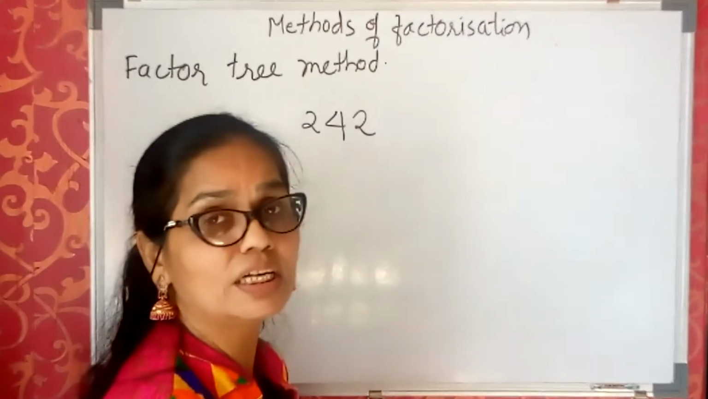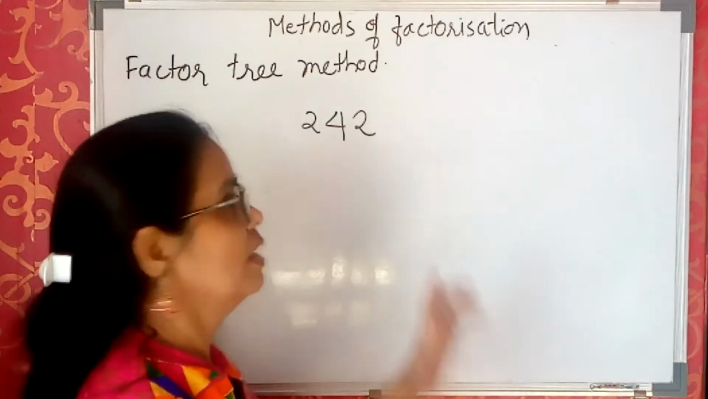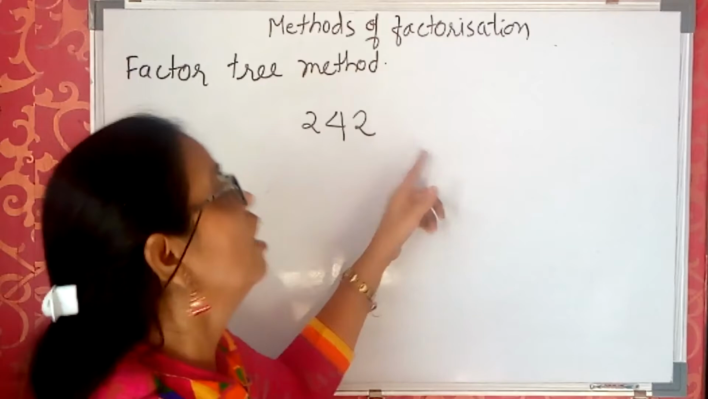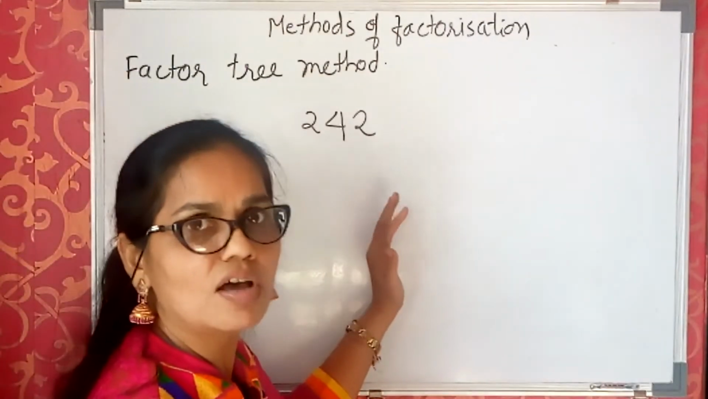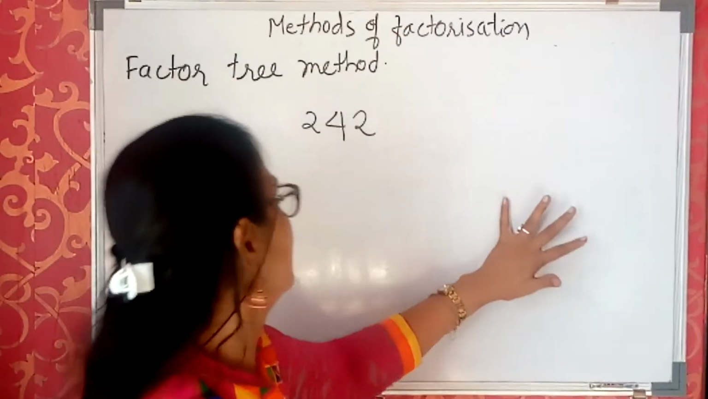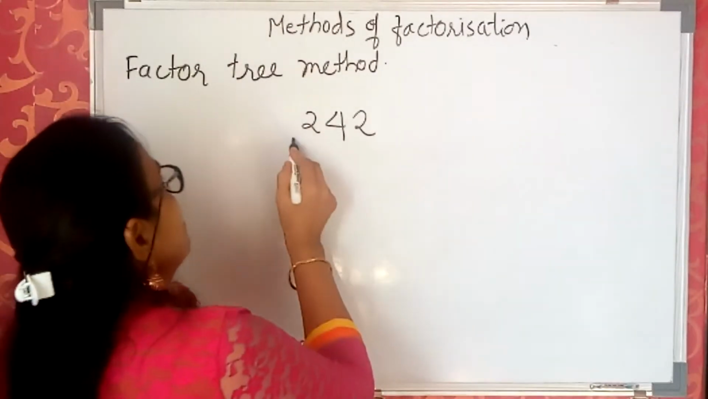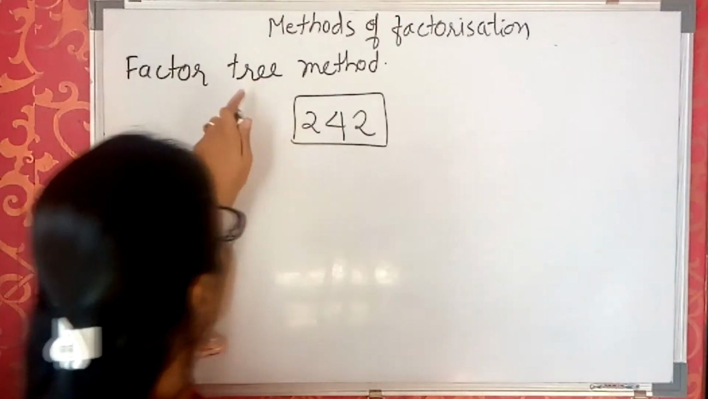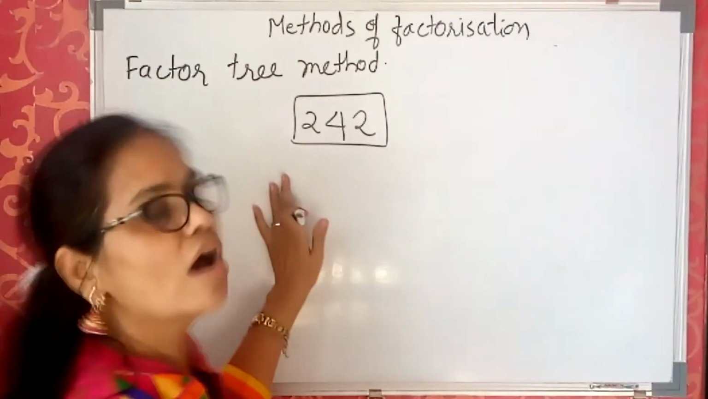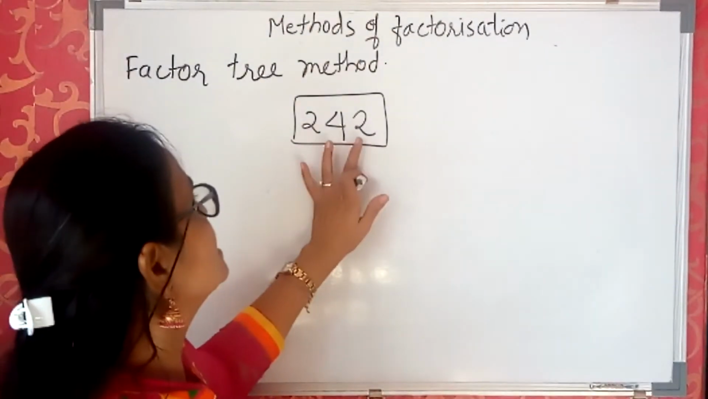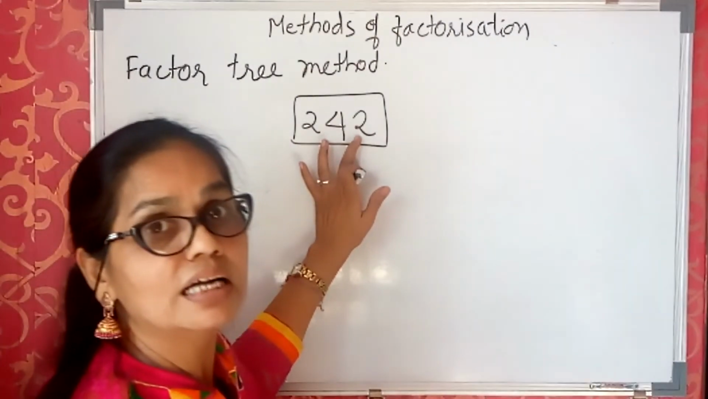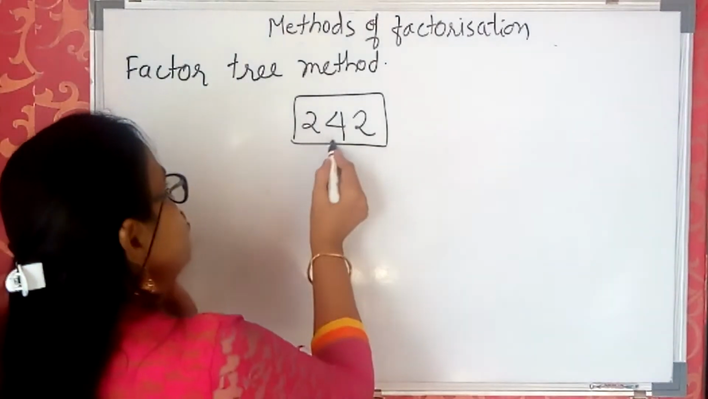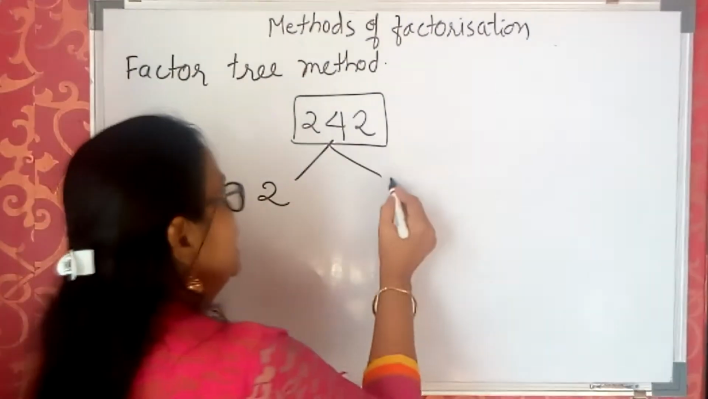Children, you should know what is an even number and an odd number. An even number ends with 0, 2, 4, 6, 8. An odd number ends with 1, 3, 5, 7 and 9. So now this is the number. I have to find out the factors of 242 by the factor tree method. So how will I find out? Since it is an even number, divisibility by 2. If I divide 242 by 2,